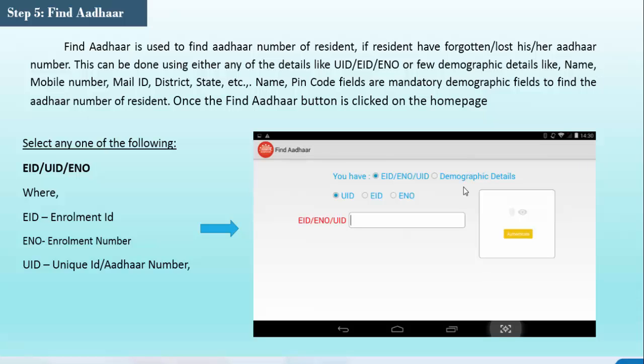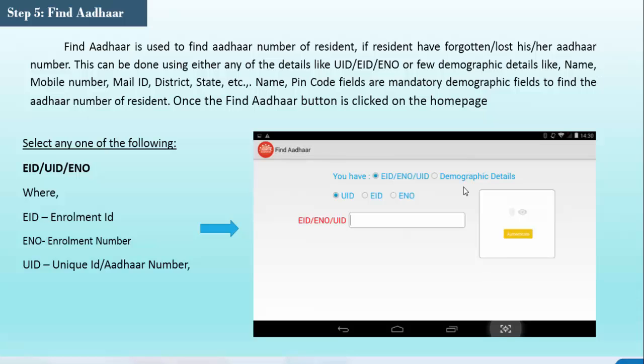This is the screen we will get if you want to find from the EID, ENO or UID. You have to enter the details. It can be UID or EID or ENO. After entering these details, touch the authentication box. Then it will enable the single fingerprint device to capture the biometrics of the residents. They can give any one finger.